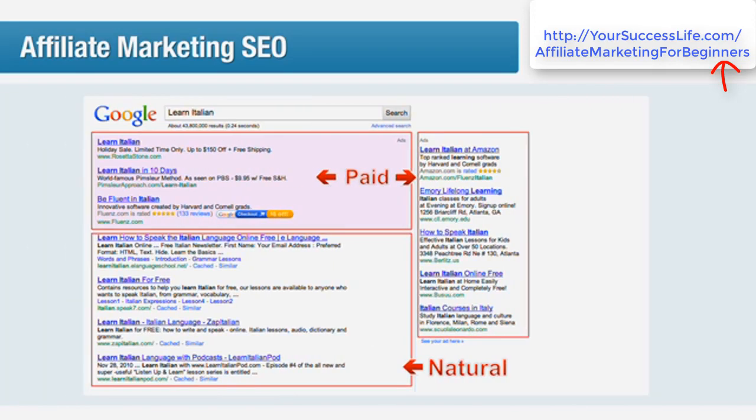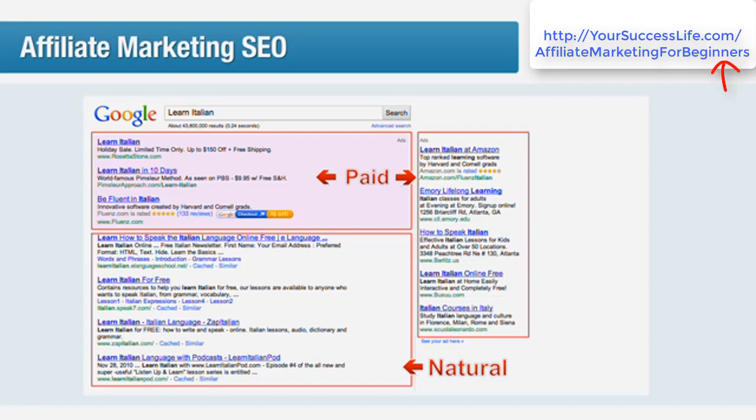For a lot of affiliates, having their site listed in these free or natural results is a cornerstone of their business, since it results in a lot of free traffic to their site. However, while it's easy to get into the natural search results, if your website doesn't appear in the first few pages, you're unlikely to get a lot of traffic from it. In fact, most web searchers don't bother looking beyond page 1 of the search results, let alone page 2, 3, or further.